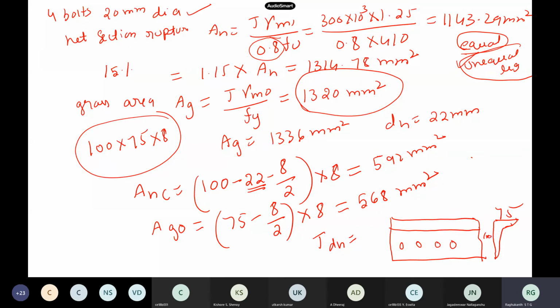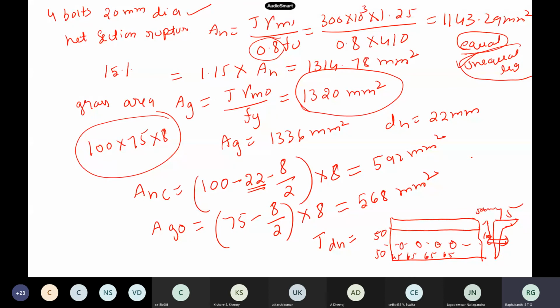Now you have to find out the shear lag width itself. So 45, 65, the pitch and other things we have taken. And this is 45. Now we have to find out the shear lag width. What is the shear lag width? Let us say the bolts have been applied at 50, 50. So 50 this side, 50 this side. The bolt is somewhere here, exactly from this side it is 50.